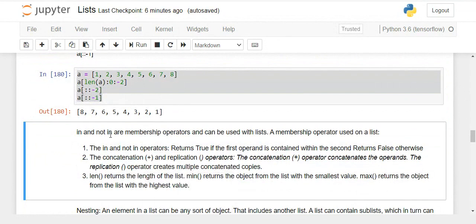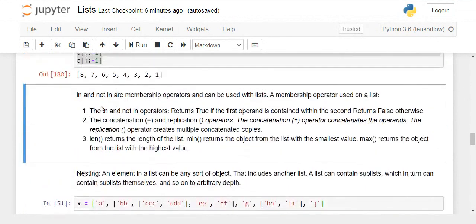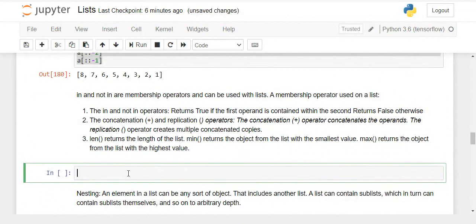And this is in and not in. Here we are going to discuss operators and functions which are applicable to lists. First of all, we are going to discuss the in and not in membership operators. These operators can be used with a list to check whether a particular object exists in the list or not.